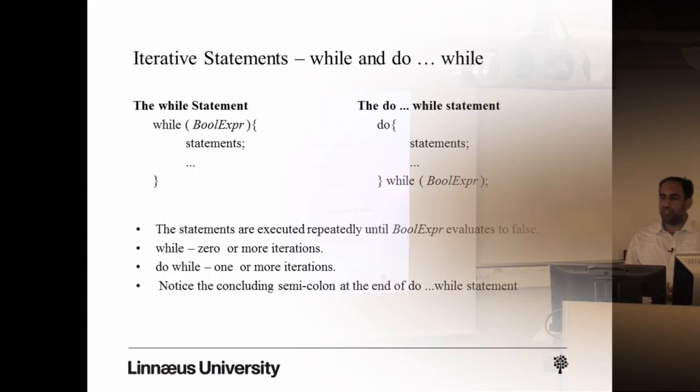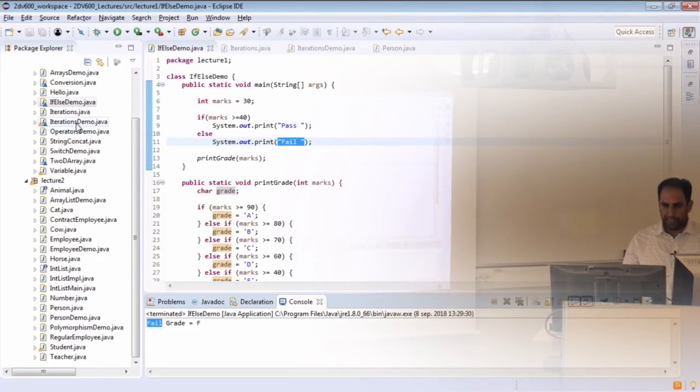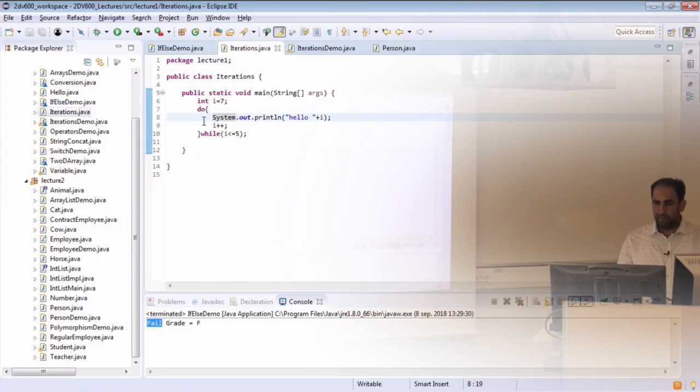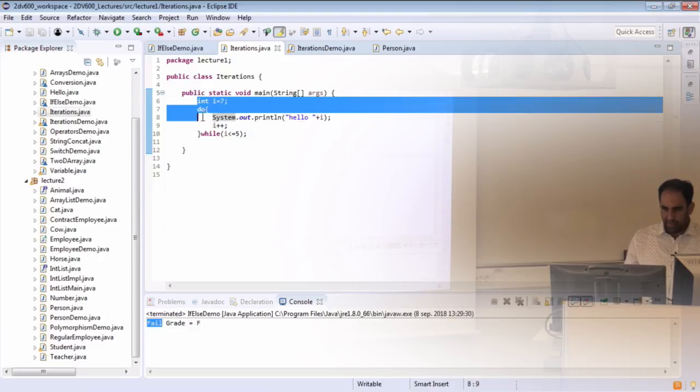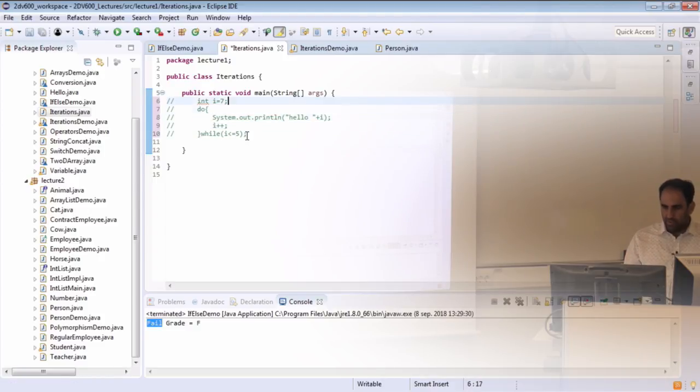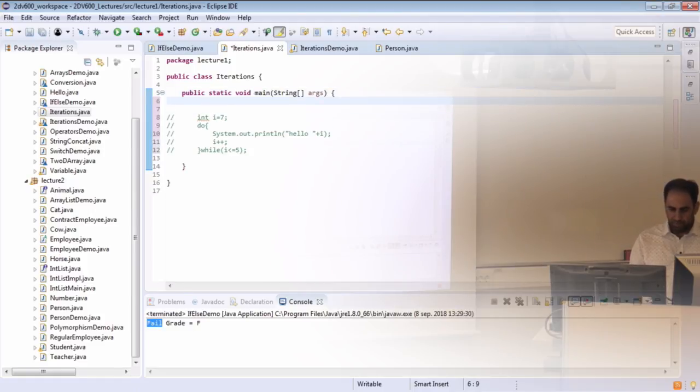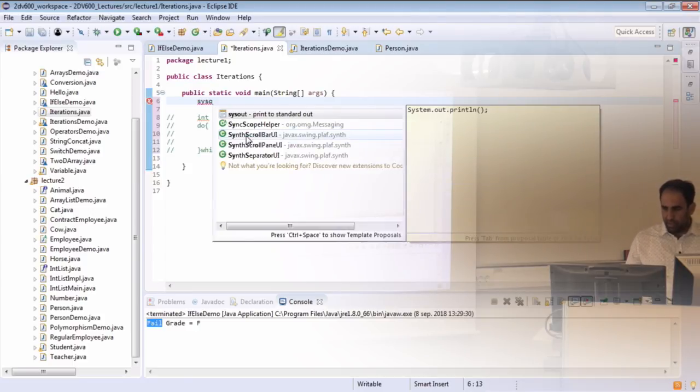And next we have the iterative statements, and these statements, as the name indicates, are used if you want to do a task again and again, to execute a statement several number of times. For example, just to give you an example here, we have this class Iterations, and then we have this method with the name of main. And what we want to achieve is that we want to